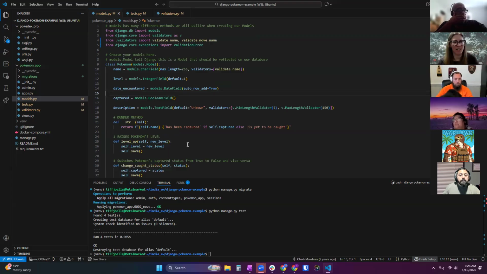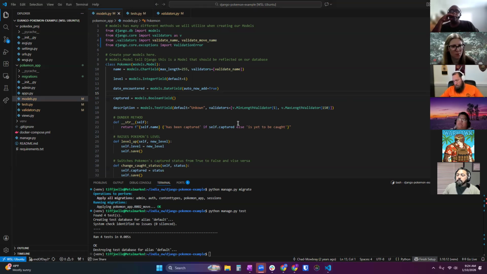So what kind of relationship am I going to make between Pokemon and move? Many to one. A many to one? Okay. Can you explain why you think it's a one to many relationship between the two? Pokemon can have many moves, but a move can only exist once, unless it's many to many.